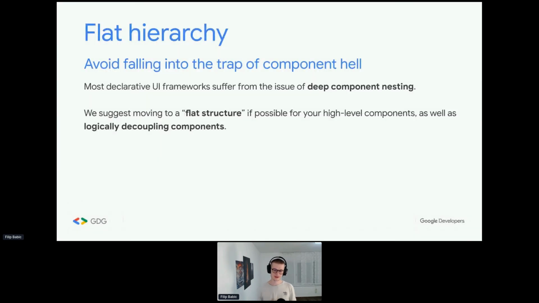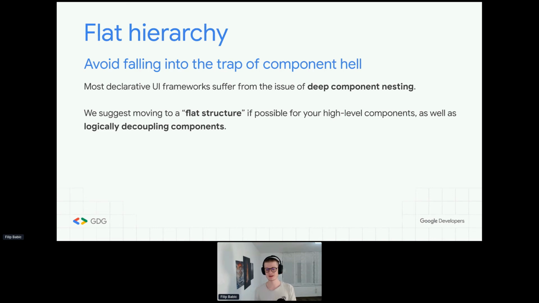A lot of examples of other declarative frameworks, such as React Native or React on the web, or even Flutter, I've seen people dive into this pattern where you have deep component nesting, where you have a root component that has some children, and then those children have other children, and so on, because you need to propagate what's usually called the context, or the information from the parent to the child.